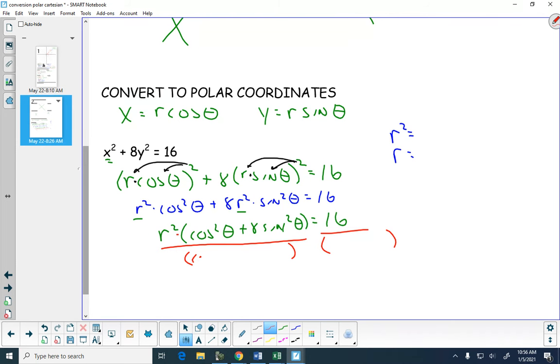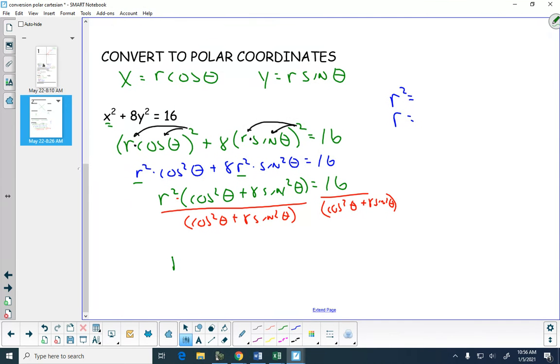Dividing both sides by cosine squared theta plus 8 sine squared of theta, what we are left with is r squared is equal to 16 over cosine squared theta plus 8 sine squared